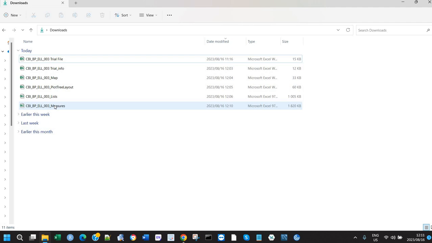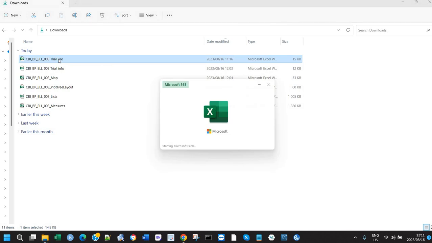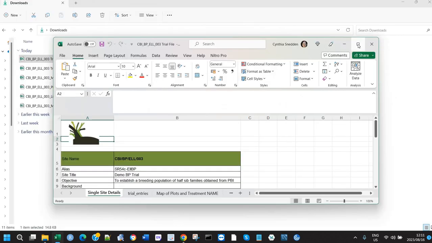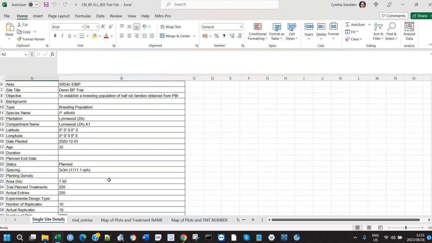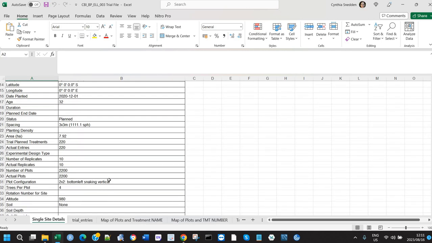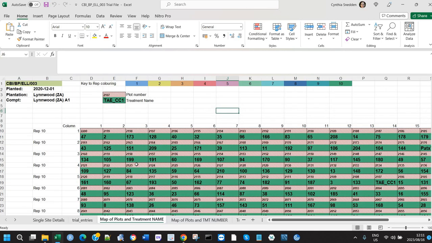Once the files have downloaded, you will note in your downloads file there are several files, each resulting from a query. These can easily be combined to make your trial file. Let's open one I have prepared, and then with just a little bit of editing, you can format that to have a file that contains your site details according to what is in TreePlasm, your map of your plots and